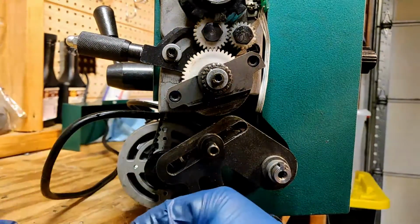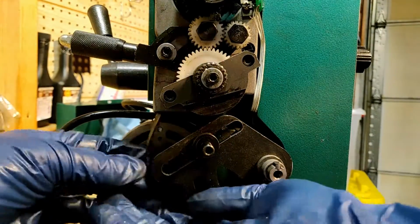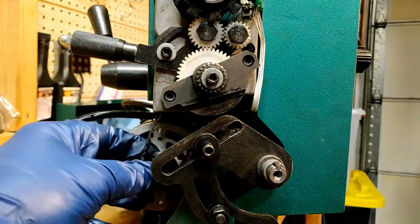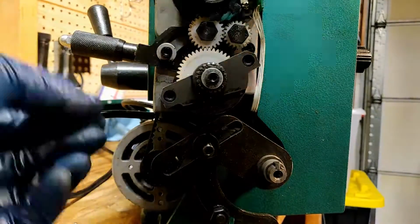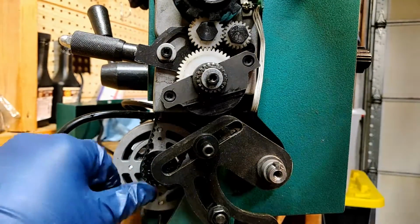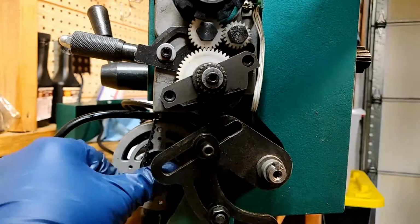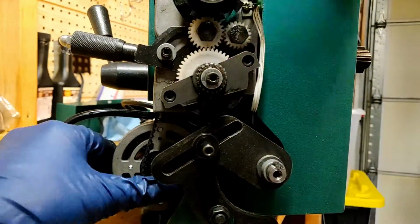keyway on the Little Machine Shop timing pulley interact with the shaft. I removed the faceplate of the timing pulley, and I install this onto the motor shaft and insert the key. But at this point, I start to notice that the interaction between the pulley and the belt is a little bit loose. So I started